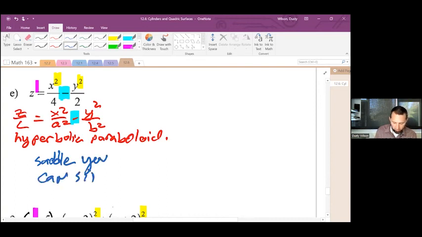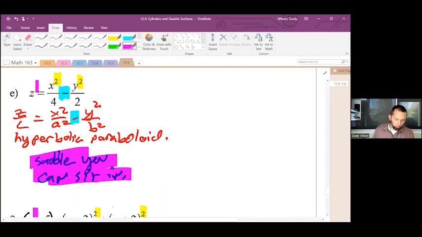You can sit in versus one that's on its side, if you will, which would happen if it was x equals or y equals instead of z equals. So let's graph that hyperbolic paraboloid. And here I'm going to mess around with my axes a little bit just for the sake